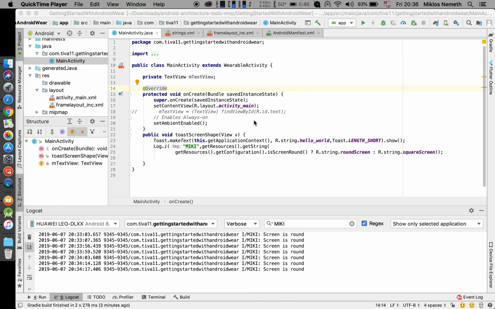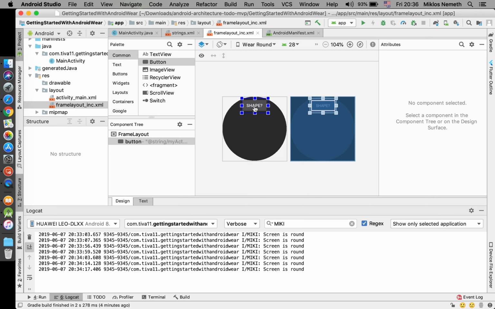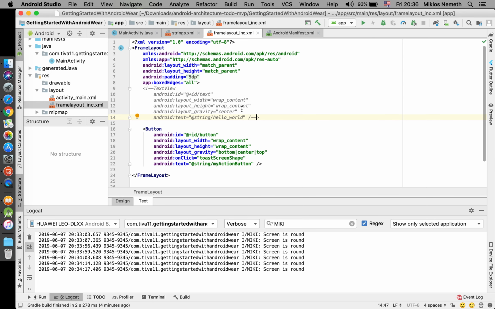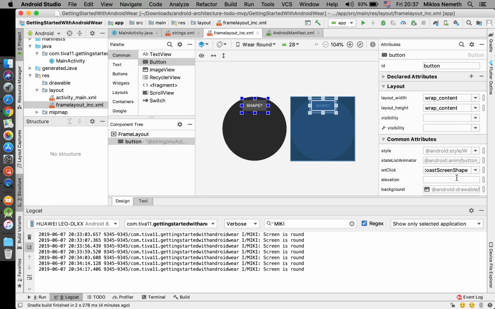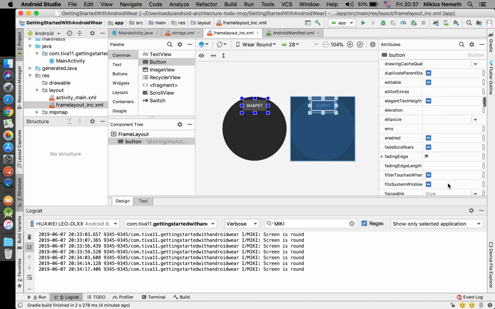In this next episode of my adventures with Android Wear watch application development, here I have my frame layout, and then I added a button, a shape button. I simply commented out the previous text view and I added a button. And what I've done was that I changed the gravity from the layout gravity